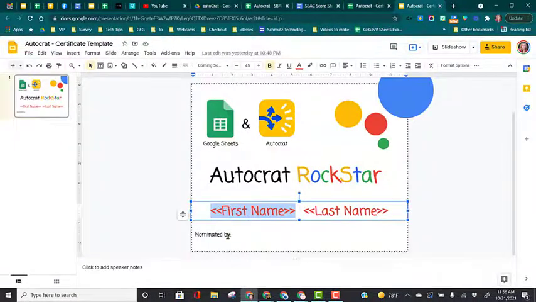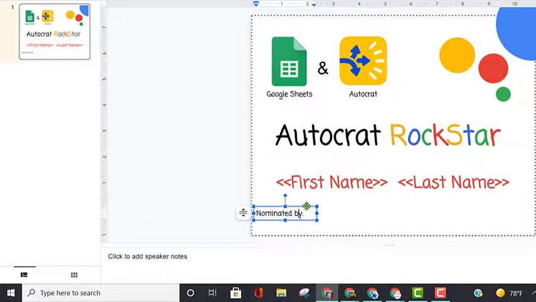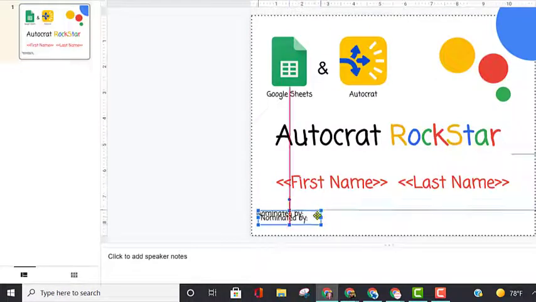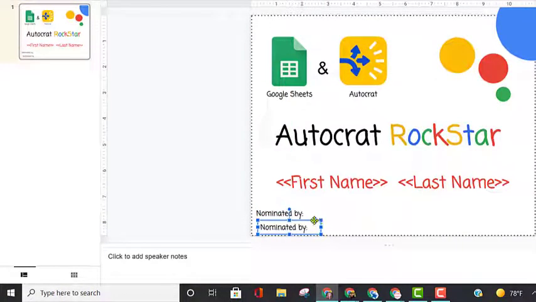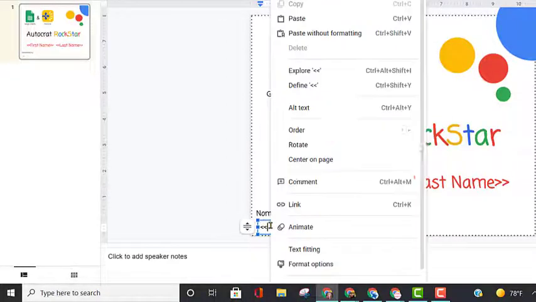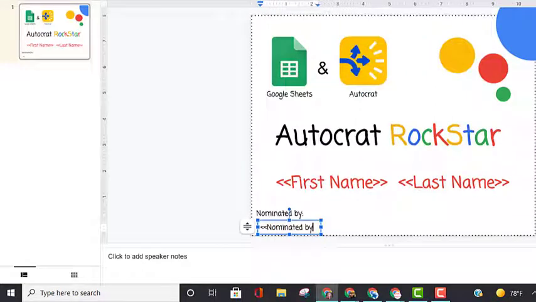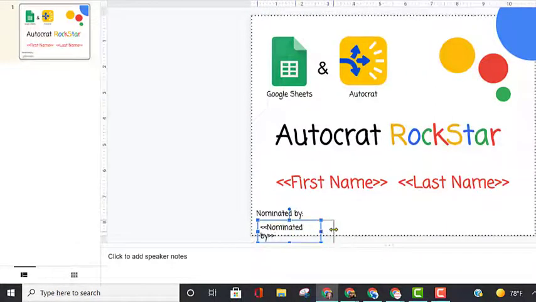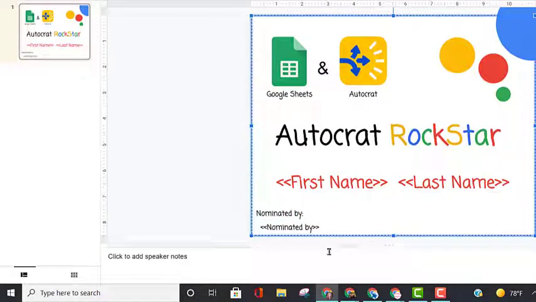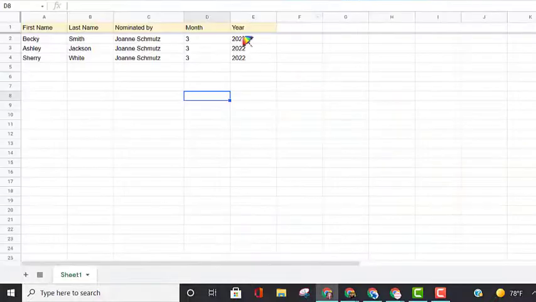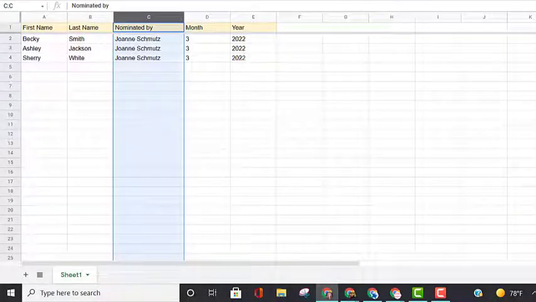And then I'm going to come down here, and where it says nominated by, I'm going to select this first, and I'm just going to Control D to duplicate that so that it keeps my same formatting. And then I'm going to delete this. I'm going to add the 2 angled brackets, and then I'm going to paste in my title from the column header, put in the other 2 angle brackets at the end. So now when I run Autocrat, it will put whatever is in this nominated by column in that exact spot